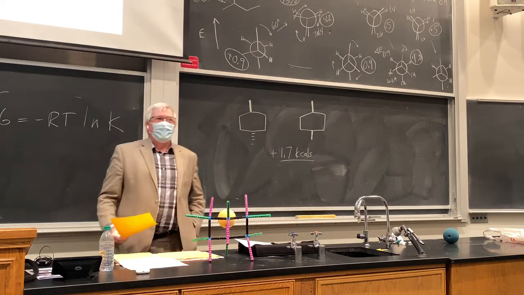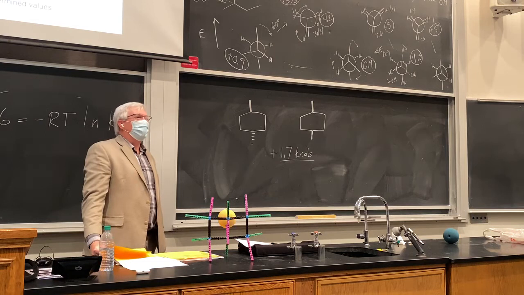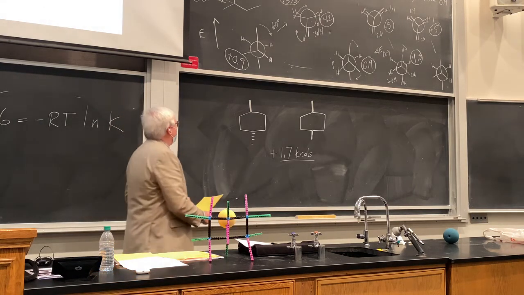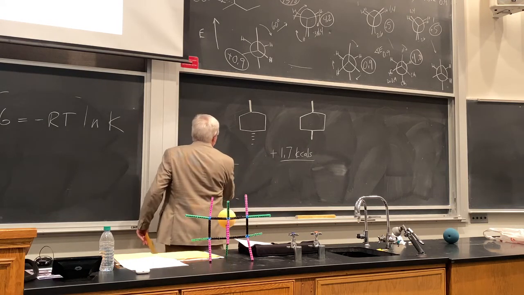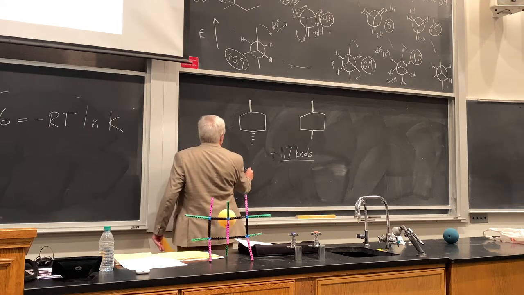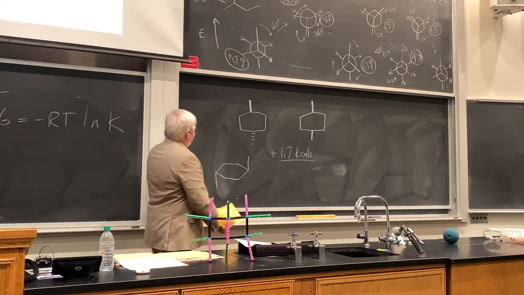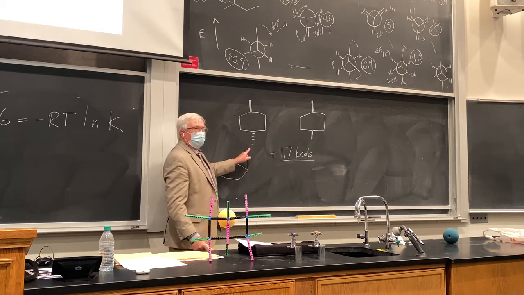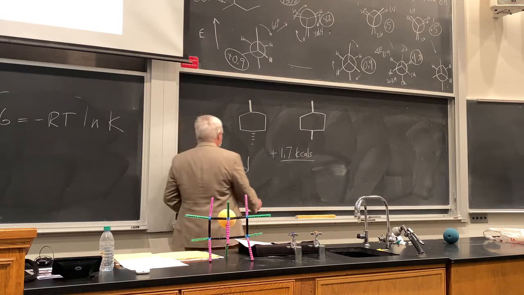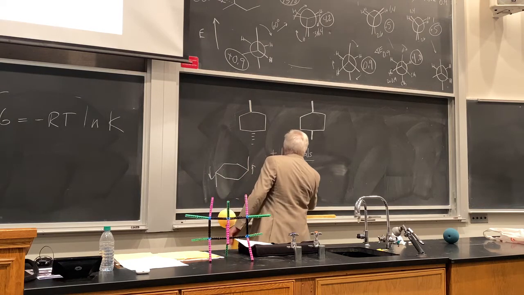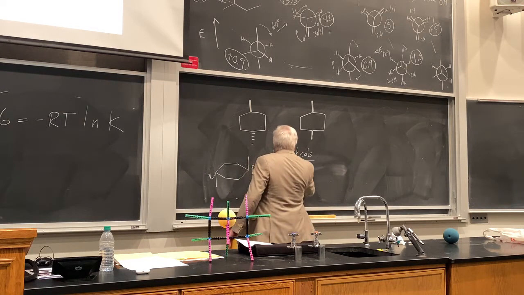1.7. That's a number we've already seen before, right? It's approximately what? 2 Gauche interactions. Let's look at the trans one first. If we put that like this on the flat view and look down at the top, I think you can see this is down and this is up. So that's indeed trans. Then let's pucker this one. Let's push that one down and this one up. What do we get? We get this